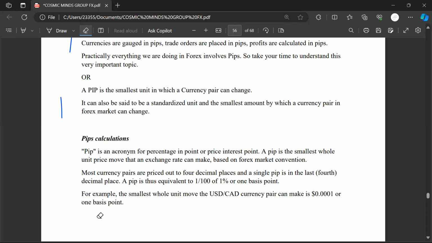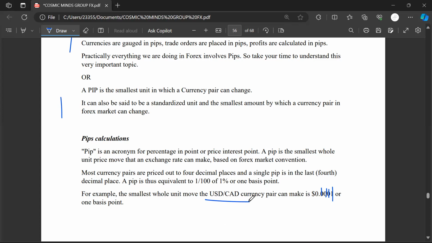0.0001 or 1 basis point, right? So that's the decimal place that we're talking about. 1, 2, 3, 4. So 4 decimal places for such a pair. For example, we are saying that the smallest unit move,